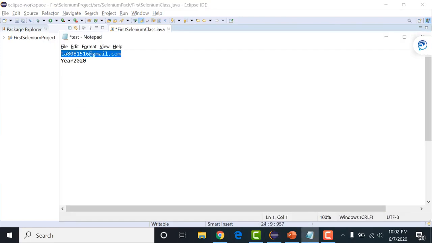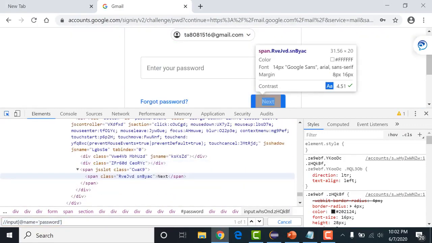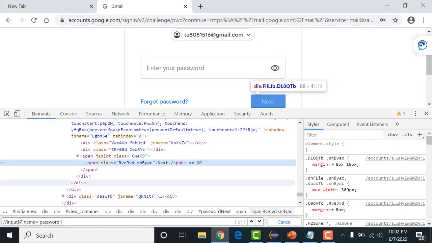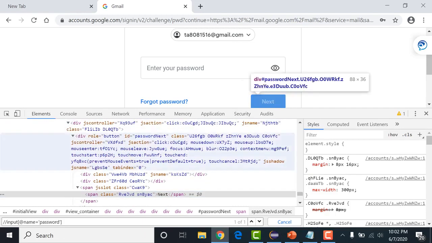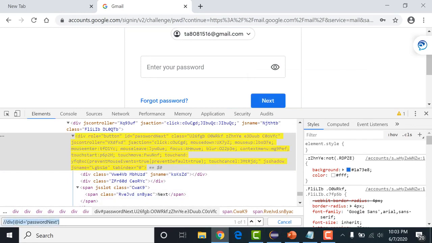Fine. Now, what is the next element I want? I want to click on this next button. Now I'll again go and click on this next button. It is giving me the same locator. Okay, so don't use the same one. What I'll do, I'll use this ID. Okay, this is the ID. Ctrl+C, copy. Instead of name, I'm using ID. Guys, I'm using different XPaths over here. I can use type, I can use the old one as well, but for better understanding, I'm using different ones. Okay, and what is this? This is div. The tag name is div, not span. Now it is identifying. Fine.